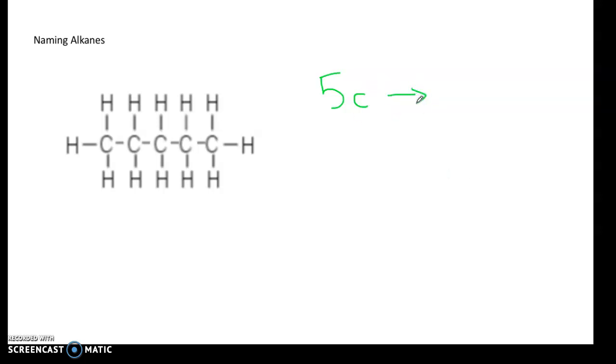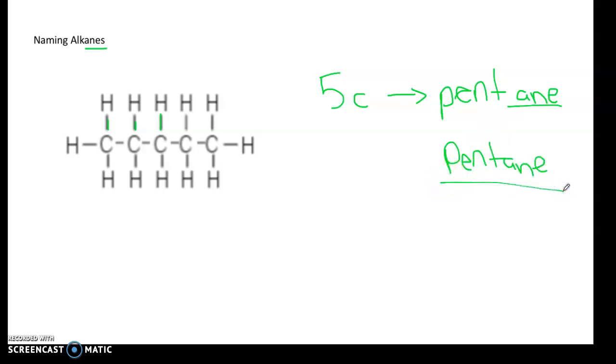So if I look at table P, I have 5 carbons, and for 5 carbons, my prefix is pent. And now, because I only see single bonds, I know this is an alkane, so my ending is going to be the same as in the name alkane. My suffix is going to be A-N-E. So my full name is pentane. Pentane is also a type of gas. And there we go. That's how you name an alkane. Very, very simple. Let's go